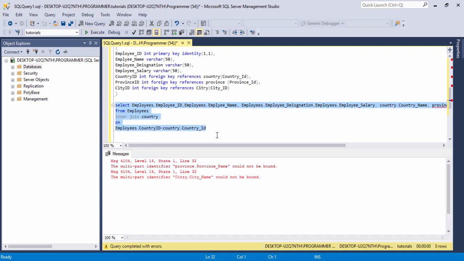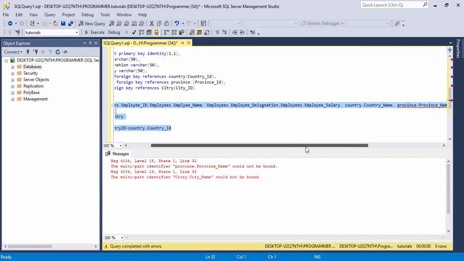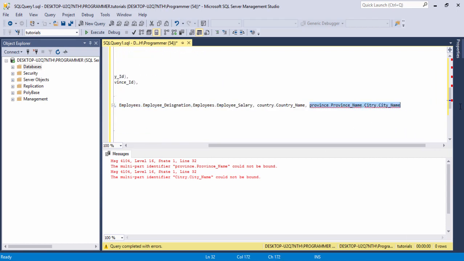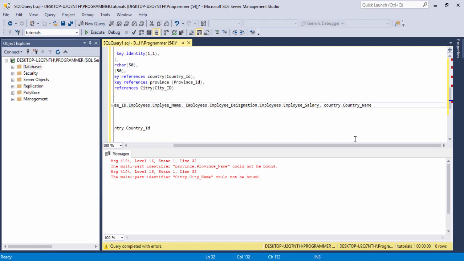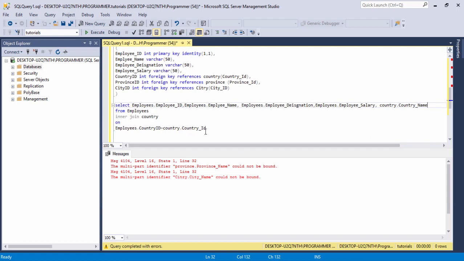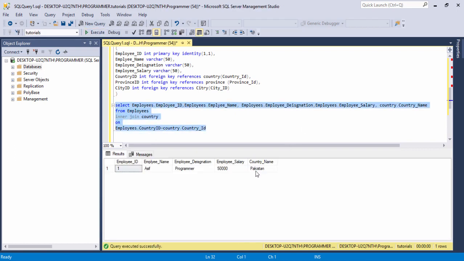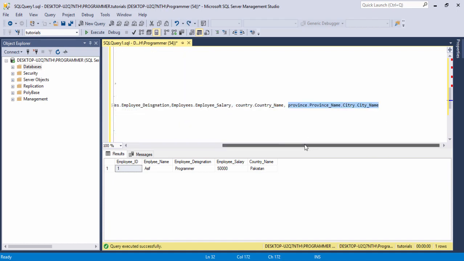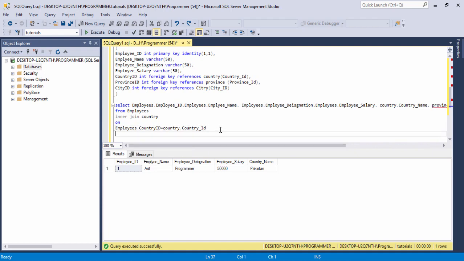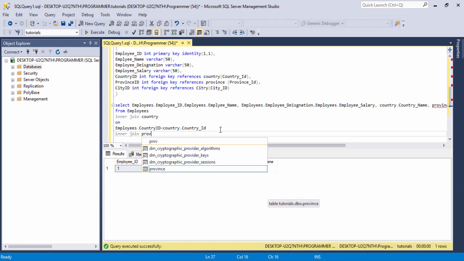I select the query, I check the record. Okay, just a minute, I will include the whole records. Okay, for example I remove the records like this, and I select the query. Now guys, you can see here Pakistan, right? But I press Ctrl Z and I call each